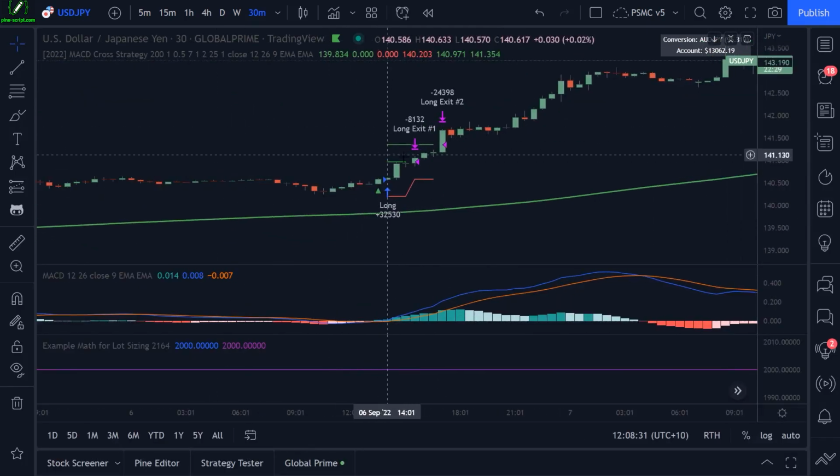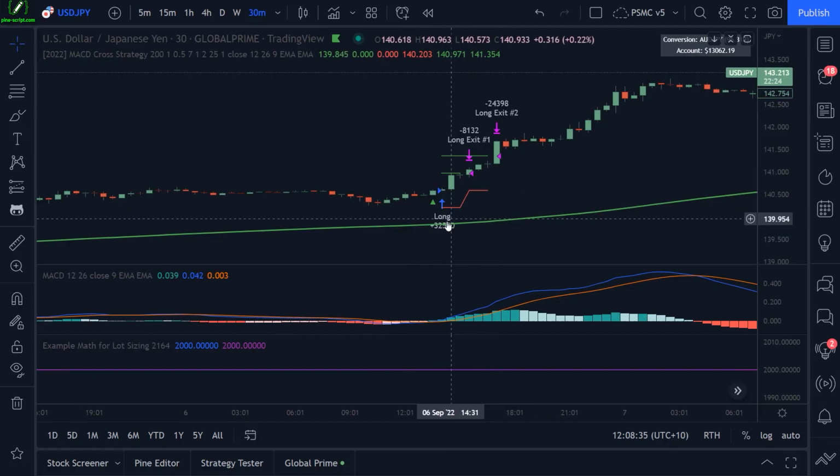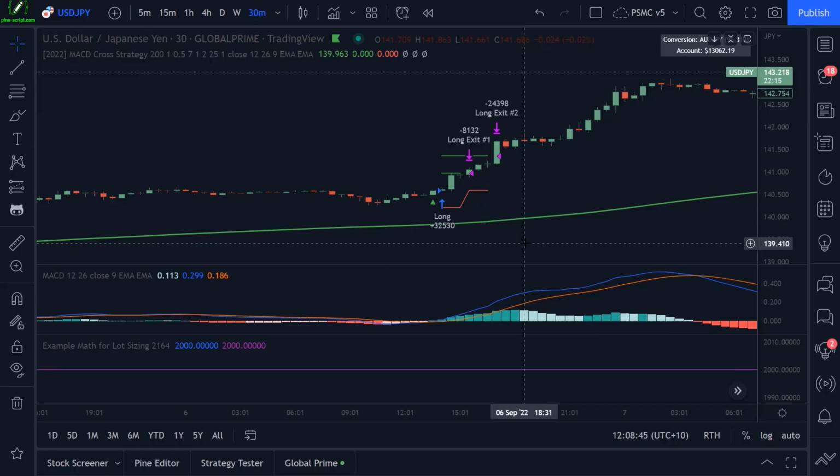It's quite interesting. But one issue we have is that we are calculating our position size in terms of units. Now, some brokers will allow you to trade in increments of a single unit. Oanda is a good example of that. They're a Forex broker that allows you to trade any position size you want in terms of the lot sizing. But most brokers will have a system where you can only trade standard lots, mini lots, or nano lots. And each of those different baskets of position sizing are basically increments of 1,000 units. So a nano lot is 1,000 units, a mini lot is 10,000, and a standard lot is 100,000 units of